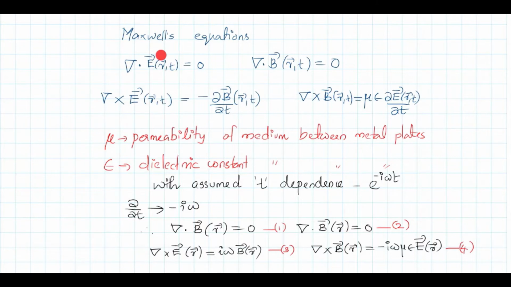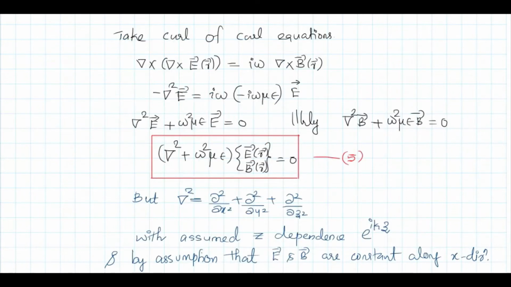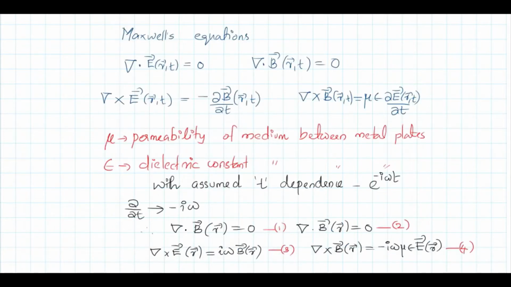Okay. The divergence equations del dot E and del dot B remain invariant. Now, this B and E are functions of r alone. We removed or separated the time dependence, and that comes here as a factor i omega. So these are four Maxwell's equations for electric and magnetic fields which are functions of space coordinates only. Now take the curl of the curl equations. We have two curl equations, del cross E and del cross B. Take the curl of that equation.